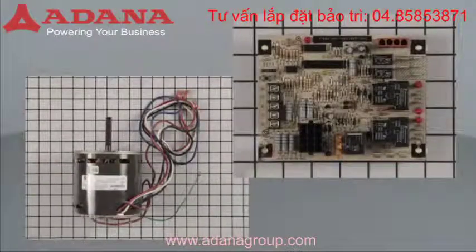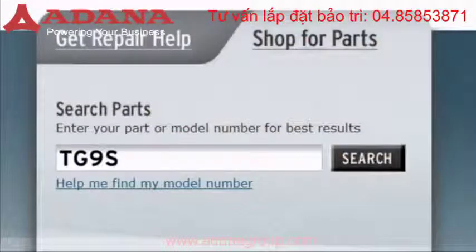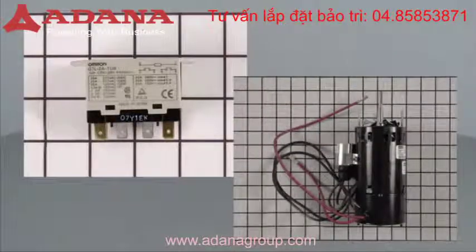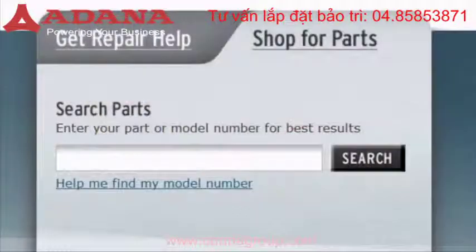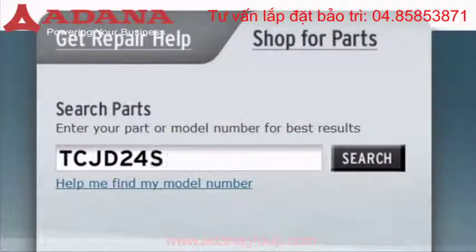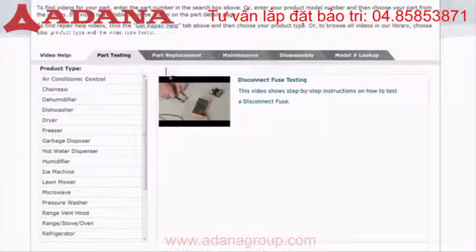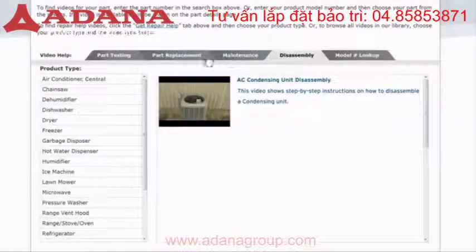To find parts such as the circulation blower fan motor or control board, you will need to enter the furnace model number. To find a contactor or condenser fan motor, the model number found on the condensing unit will be required. Our site also has an extensive selection of instructional videos to assist you, covering topics like part testing, disassembly, and part